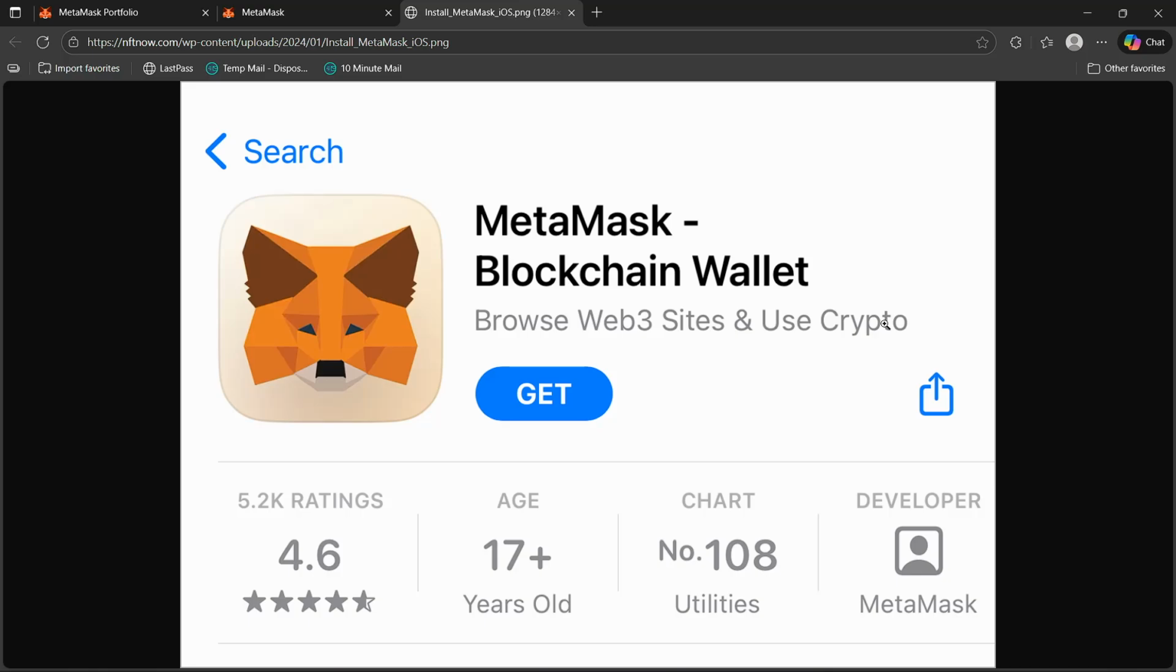you can just download the app itself. So what you will have to do, you will just have to go to your app store and then you will search for MetaMask. So it should look like this. And what you will have to do is basically just click get, and then you will install the app